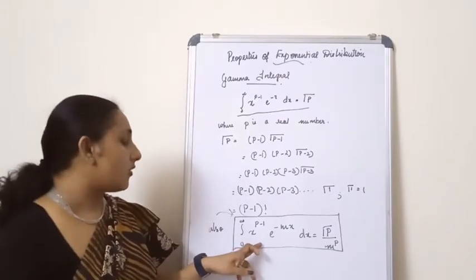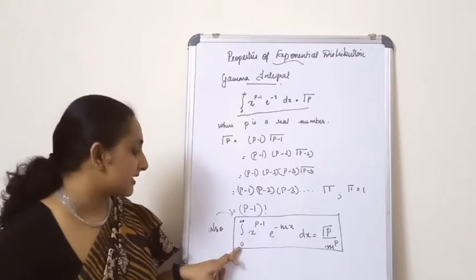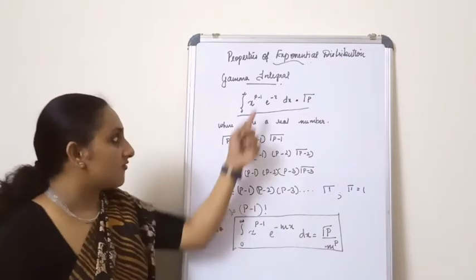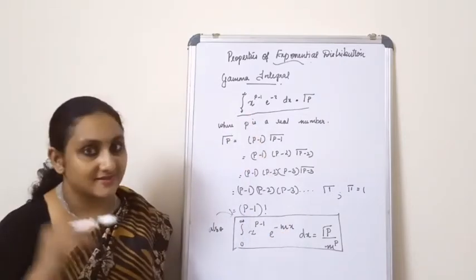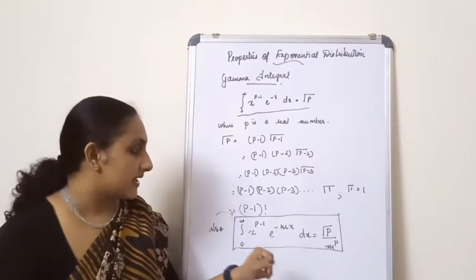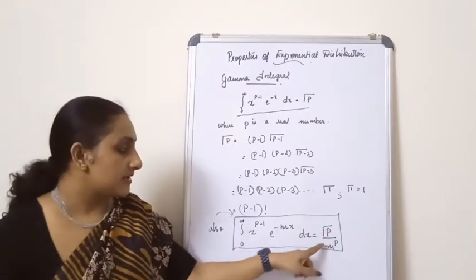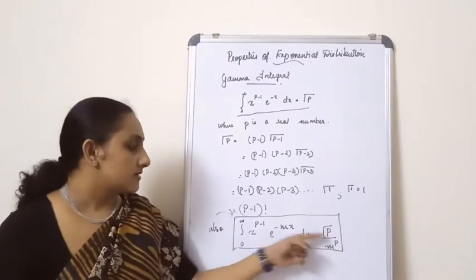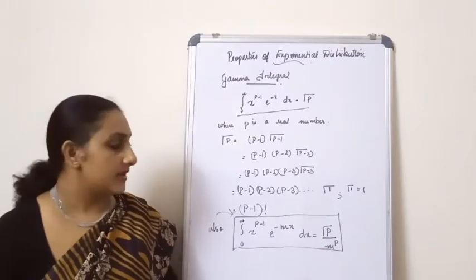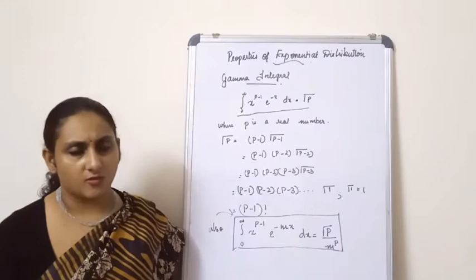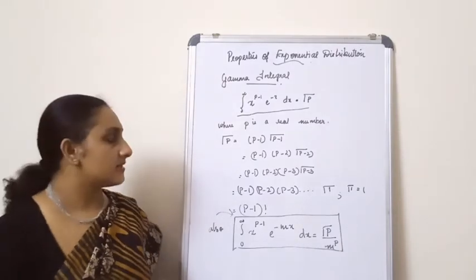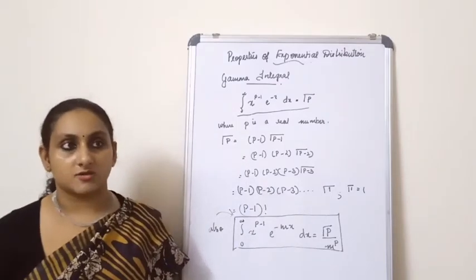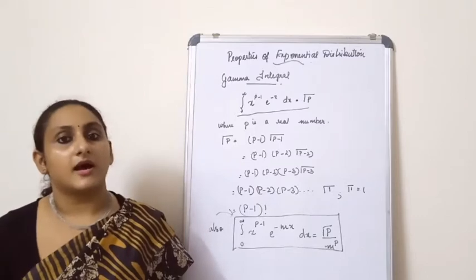You can also get a form like this: integral 0 to infinity x raised to p minus 1 e raised to minus mx dx, where instead of x in the exponent I am giving a constant m, which can be anything. That is equal to gamma p divided by m raised to p. So if you find something of this form, then it is gamma p divided by m raised to p. There is a proof for all these things, but for the time being, you need not study the proof, just study these results so that we can easily find out the properties of our exponential distribution.